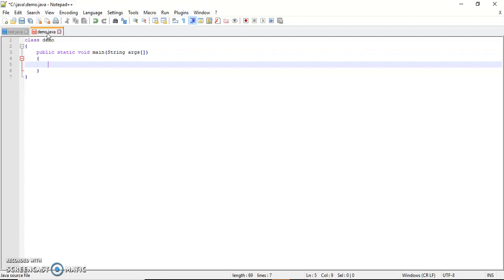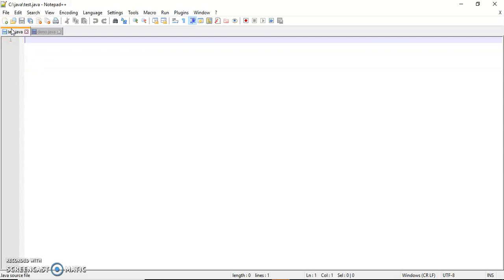Here we create a main function, and we are going to access another class and its properties from this location to a different location. Suppose there is one class test. Right now it is stored in the same folder, but the programs are different.